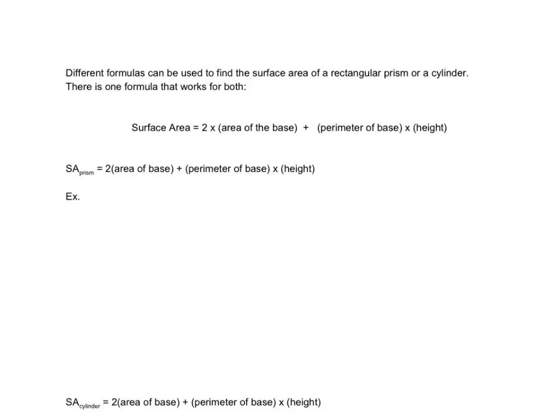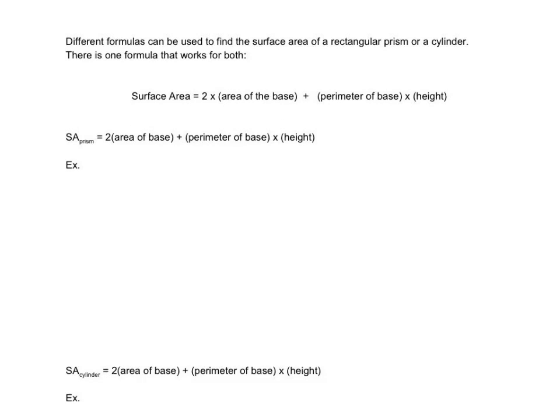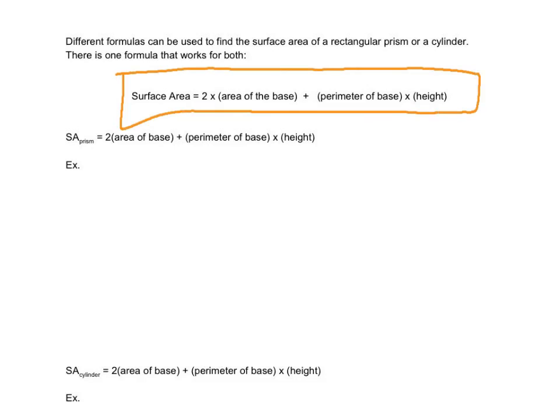Okay, we will quickly go through this page as well. Different formulas can be used to find the surface area of a rectangular prism or a cylinder. But there's one formula that works for both. This is the general formula. And of course, it's specific to each one. So if we had a rectangular prism,